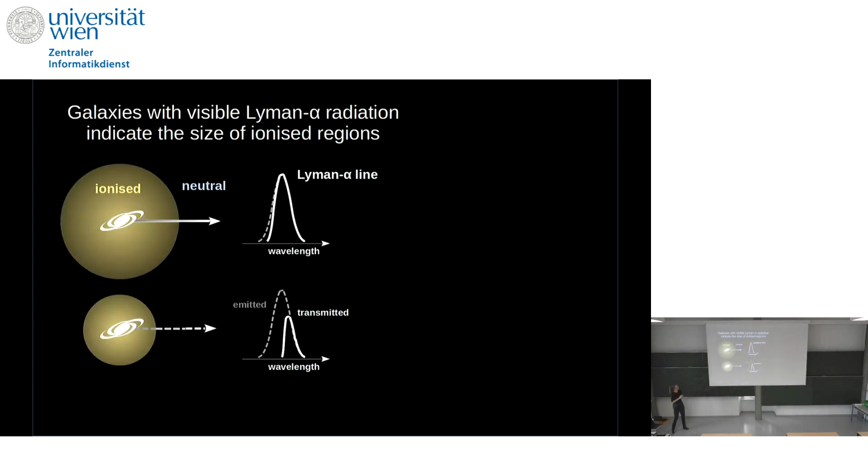One way, I won't go into detail, I only mention it here briefly, is that we look at the Lyman alpha emission from galaxies, because they're really sensitive. Lyman alpha radiation is, as you know, very sensitive to neutral hydrogen. So the more Lyman alpha you see, the larger the ionized region around you is likely to be. But if you don't see any Lyman alpha, it's probably surrounded by neutral hydrogen.